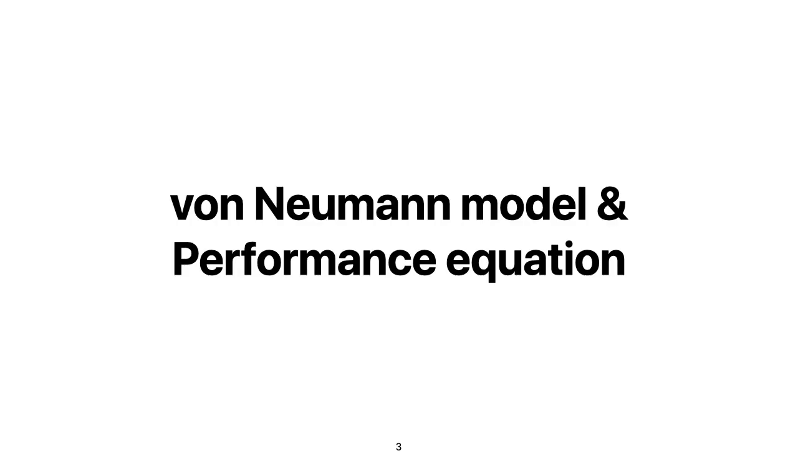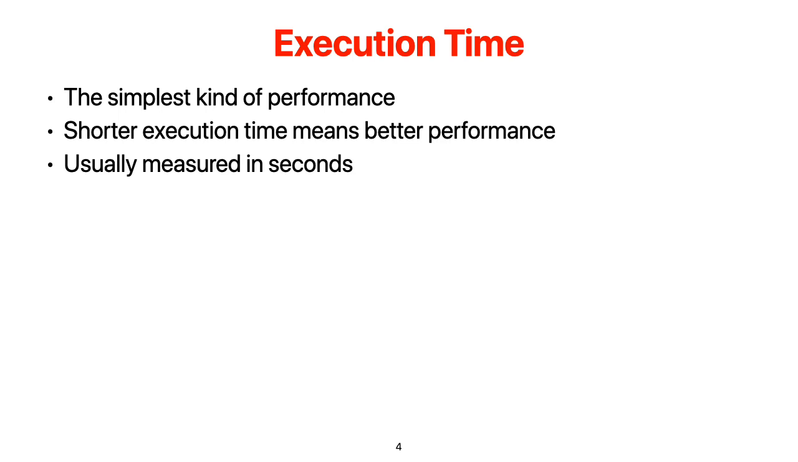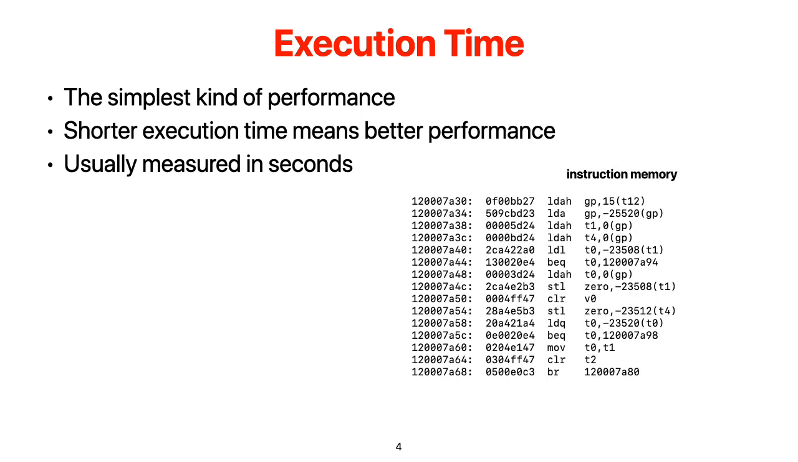The von Neumann architecture also tells us how we can evaluate program performance when we run it on the processor. Execution time is the performance metric we care about most of the time, and typically shorter execution time means better performance. The most commonly measured unit is seconds. Because the von Neumann architecture executes instruction by instruction, and by default goes to the next instruction, you can imagine